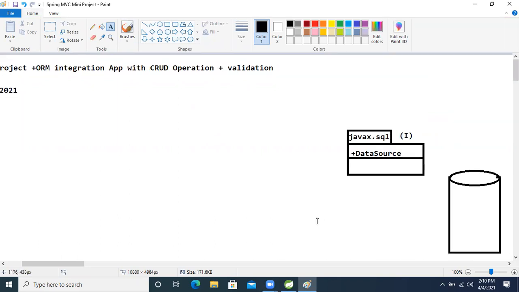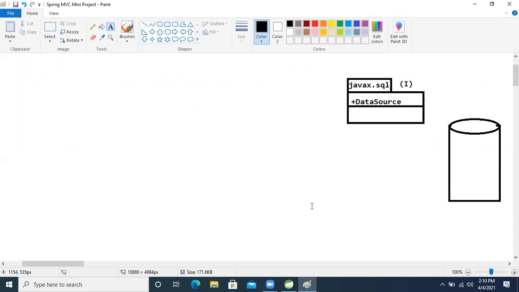Multiple implementation classes are given by third parties, but we will use the ones Spring has given to interact with our database. So Spring has given the DriverManagerDataSource.